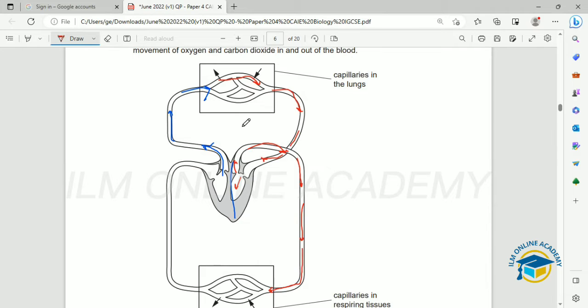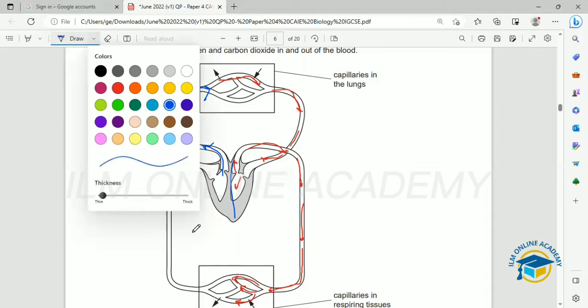Respiration is the process through which the body gets energy, in which glucose and oxygen combine to give carbon dioxide, water and energy. So this oxygenated blood is going to reach there, and in the cells, that oxygenated blood is going to give its oxygen to the cells, and then it's going to become